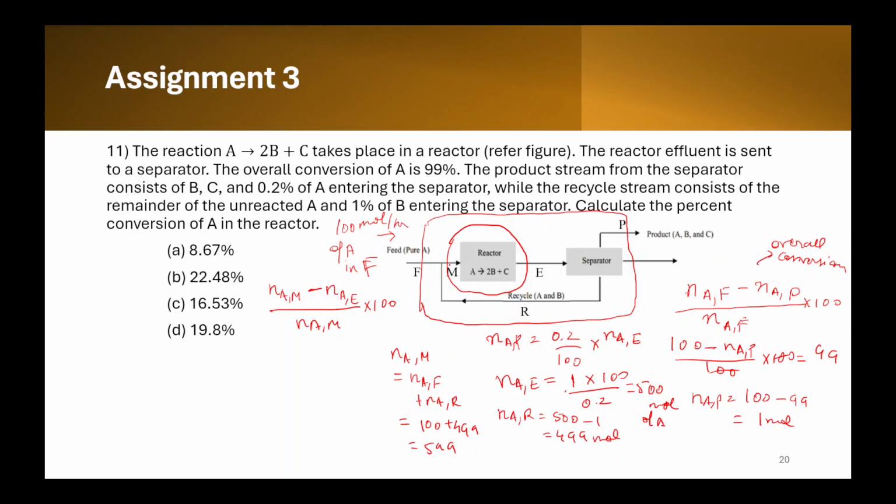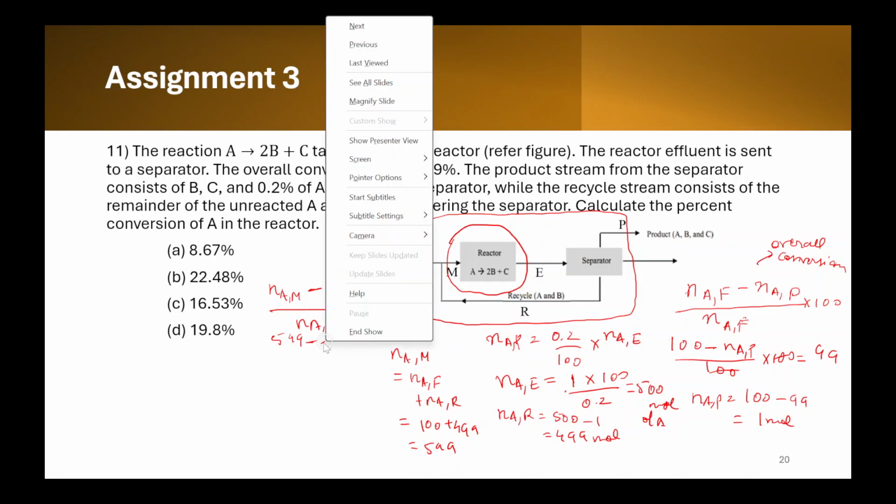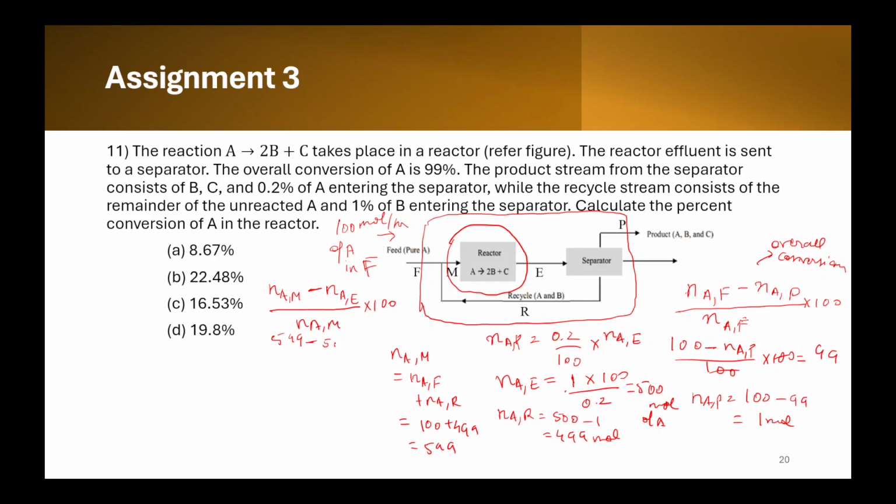So Na in M and the out will be Na in E, and input minus output upon input. So Na in M is 599 minus Na in E, what is Na in E? It is 500, upon again inlet Na in M, 599. So this will give us the answer as